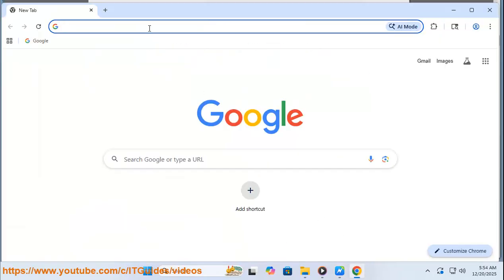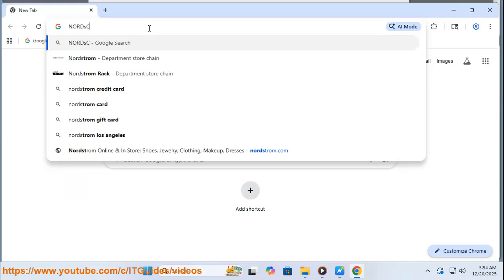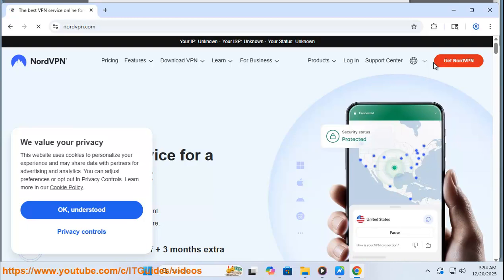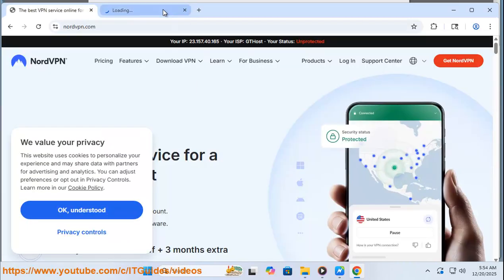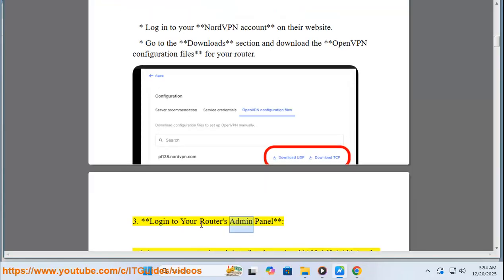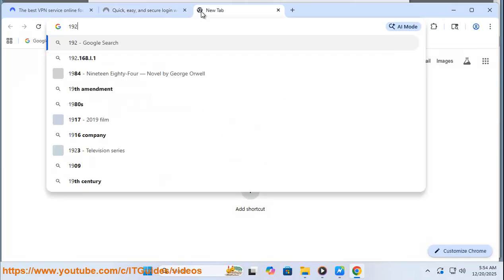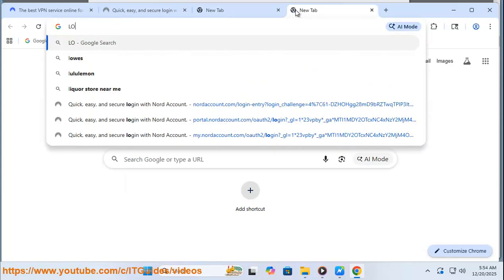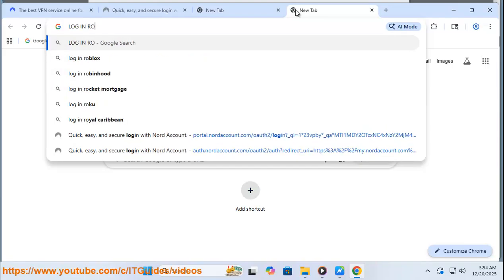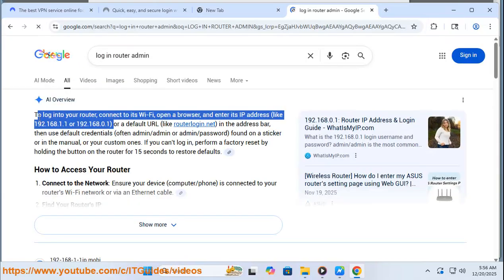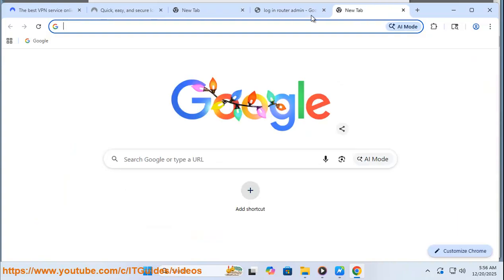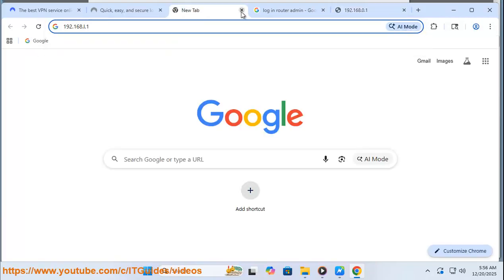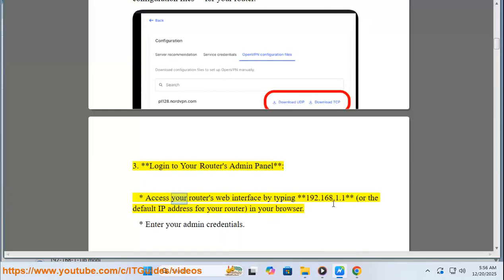Log into your router's admin panel. Access your router's web interface by typing